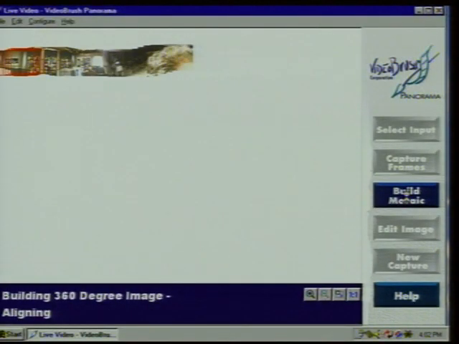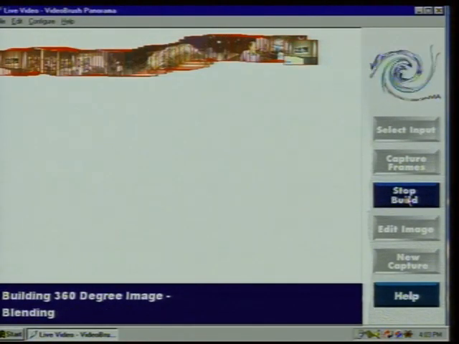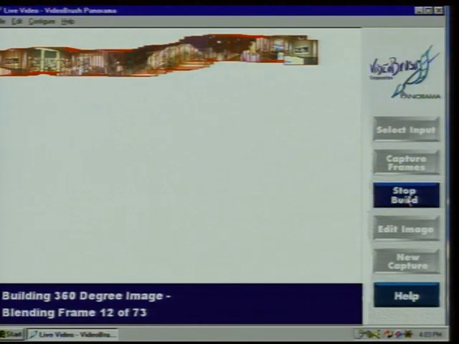That's exactly right. So it does a rough alignment first to show you that you've got what you wanted, and then it goes back and does a fine alignment of each frame to the other frame surrounding it, and then a blending, which is not a feathering or a smearing. It is truly a rebuilding of a new image. So it's doing pattern analysis, looking at every 4th frame or so, and deciding how they should match up and where to place them so they're seamless. Exactly. It's going sub-pixel, comparing luminance, chrominance, and really doing an analysis that is based on all of the attributes